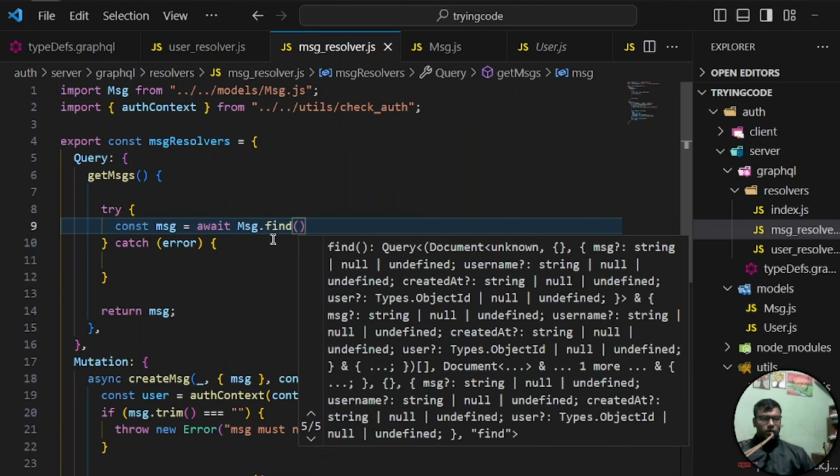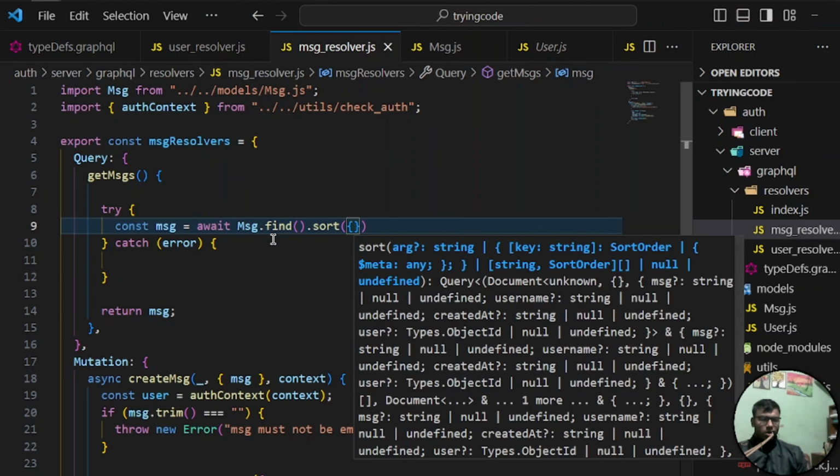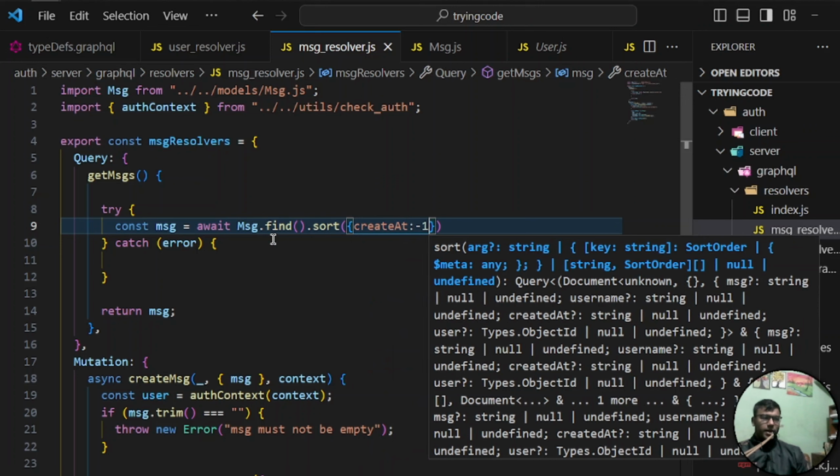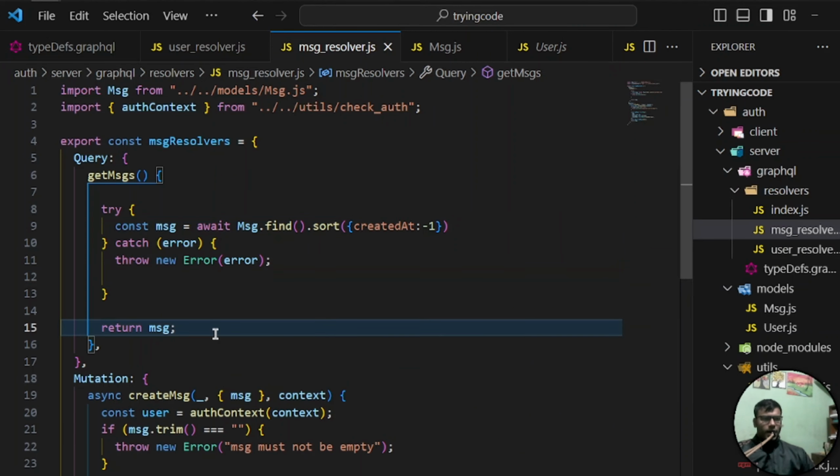This is a query to get all the messages from our database, and then we need to sort these messages by time. We can do this with sort, and we want to sort by createdAt -1. Now inside the catch block, we need to throw an error, and inside this try block, we need to return